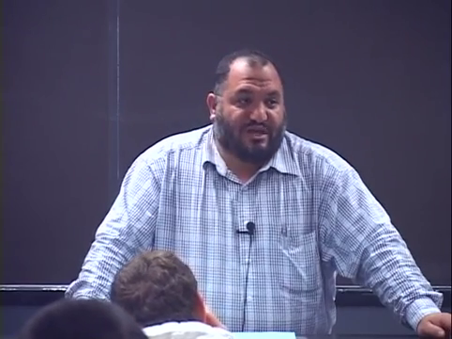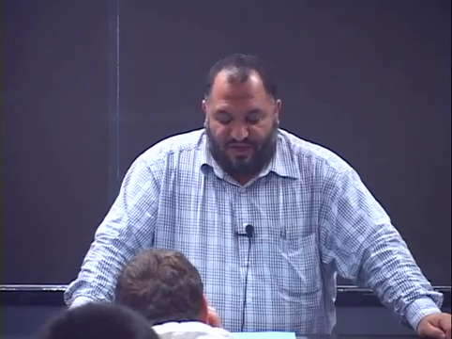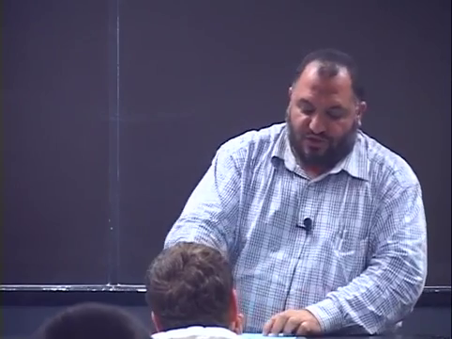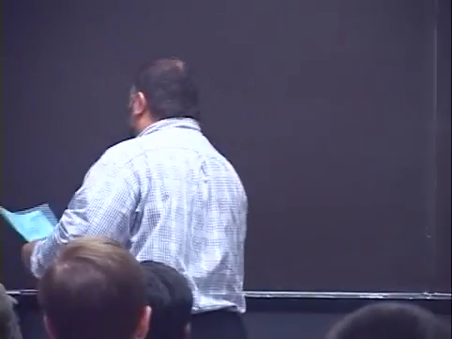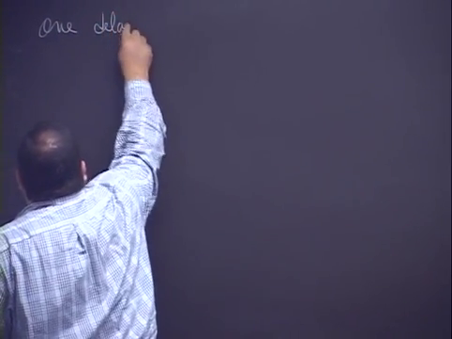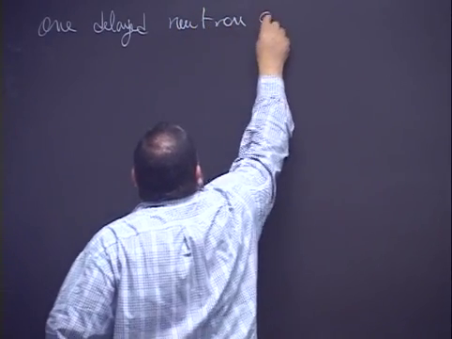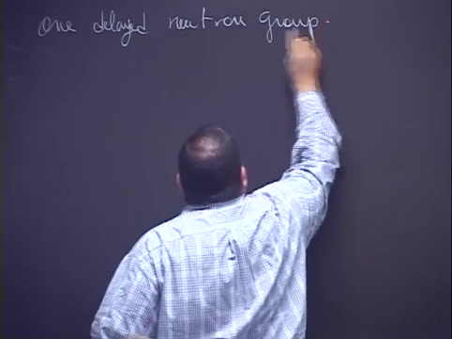So last time also we tried to discuss the situation when we have a one delayed neutron group approximation, and all we did is just average over all the lambdas. So lambda average will be the summation of lambda i beta i divided by beta, and beta is equal to the summation of beta i's. So to continue, the equation for the one delayed neutron group approximation,